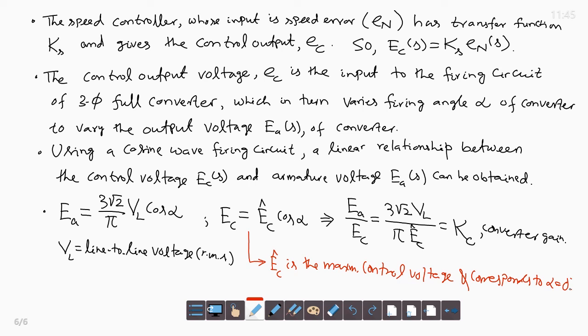So with this we obtain the functional diagram of the three-phase converter fed DC motor, its closed loop block diagram, and subsequently we will see the consideration and study of speed controller and current controller with proportional type and PI type. We will see this. Thank you.